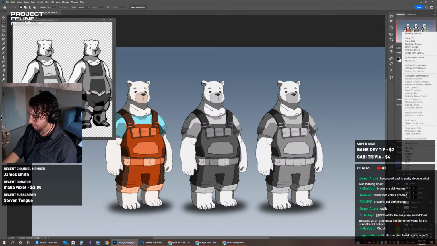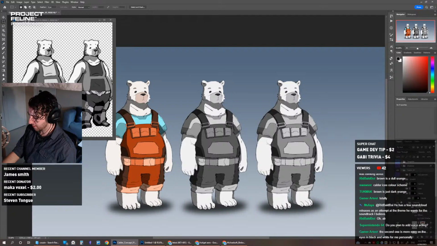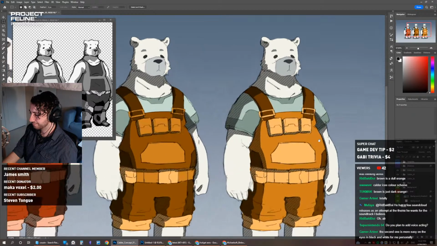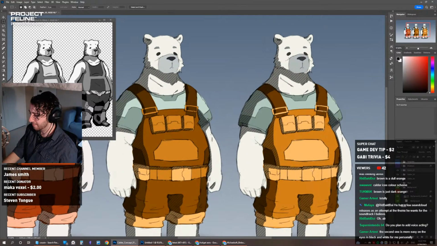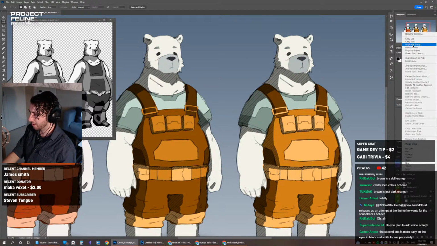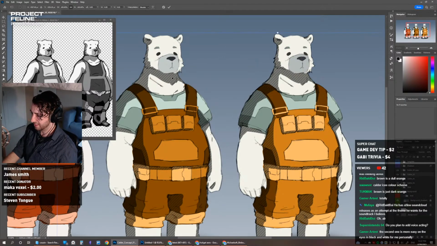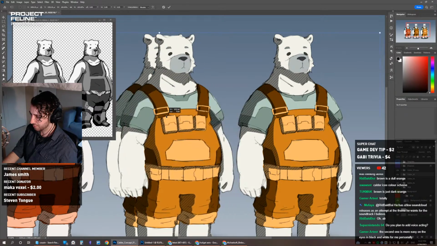I'll copy, because I want to save this version. I want to try new colors, but I want to save the values of this onto the one next to it. Because these values with these colors look better than they did on the other one. At least to me. Between these two, I like the one on the right more. It pops out more. So I'll make a copy. I don't like this middle one at all, really, so I'll just replace that.